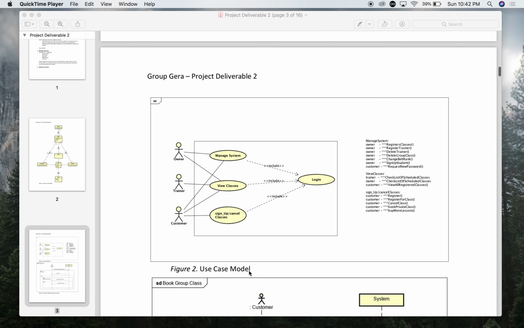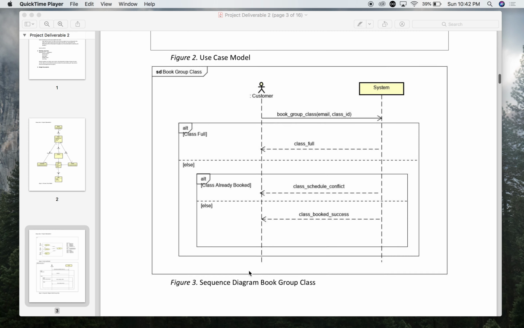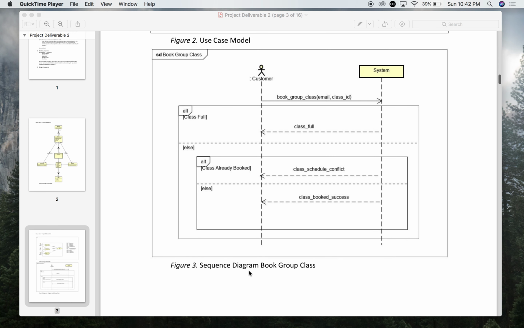The other thing we got dinged on by all of our viewers was that login was outside of our system, so we extended our boundary just a little bit so that login was included, and this is for our use case diagram. Finally, moving on to sequence diagrams, the big thing that we were hit on was